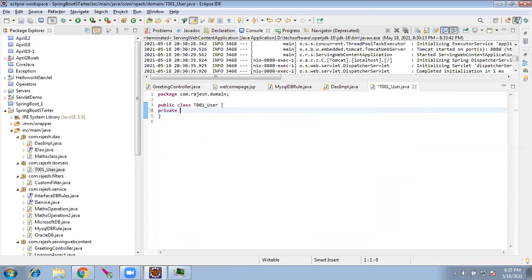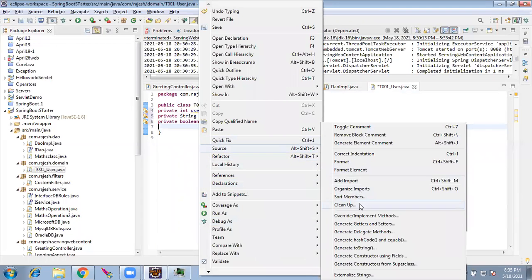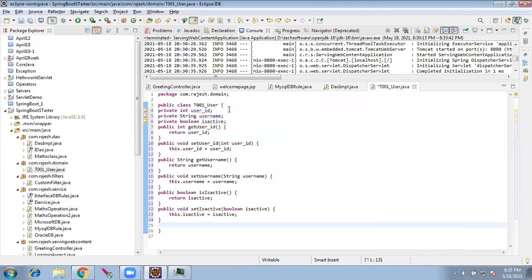So private int user_id, private String username, private boolean isActive. We have 3 attributes. Source, generate getters and setters. So this is called a POJO. We saw in class 1 that any simple class with just attributes is called a POJO.